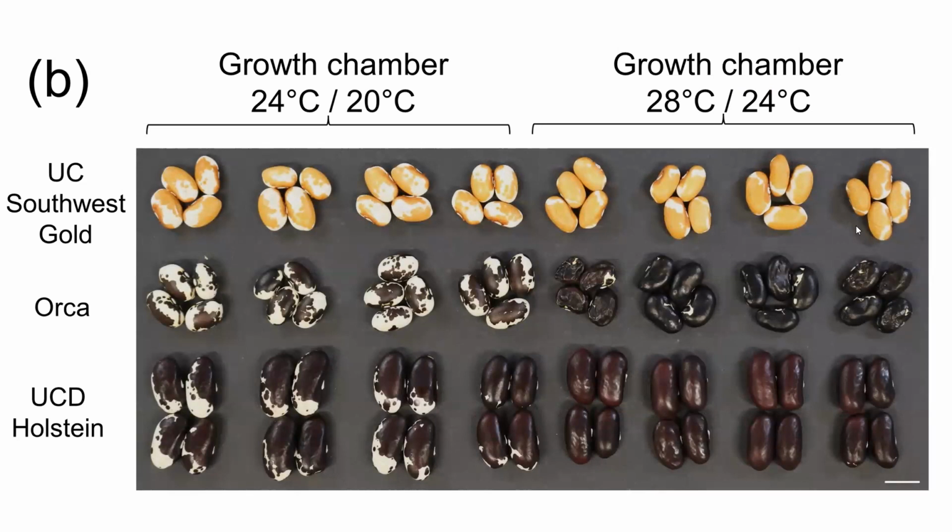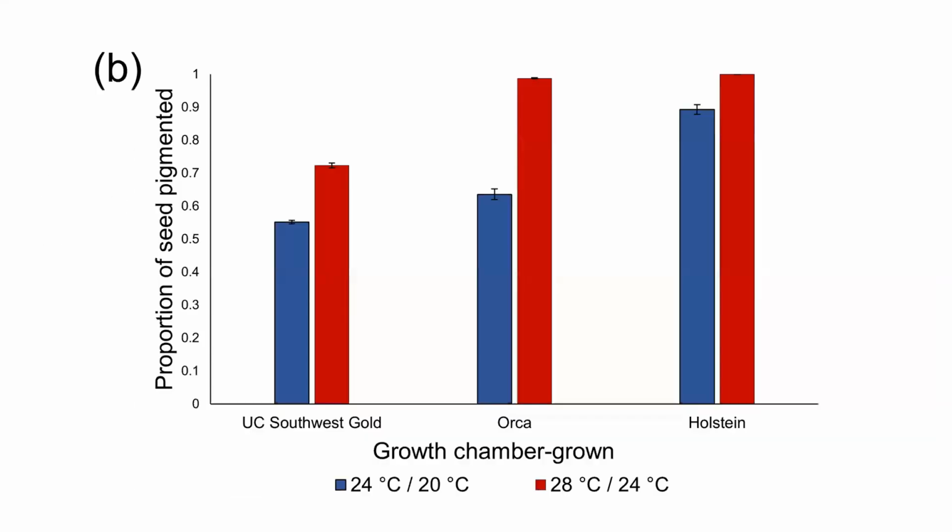You can see that there's this major difference in seed pigmentation level, and high temperatures really do promote the expression of these phenolics, the pigmentation compounds across the seed coat. And here are the numbers for that. Again, a 4 degree Celsius difference often leads to a 20% increase or more in seed coat pigmentation. So definitely strong evidence that there is this effect of